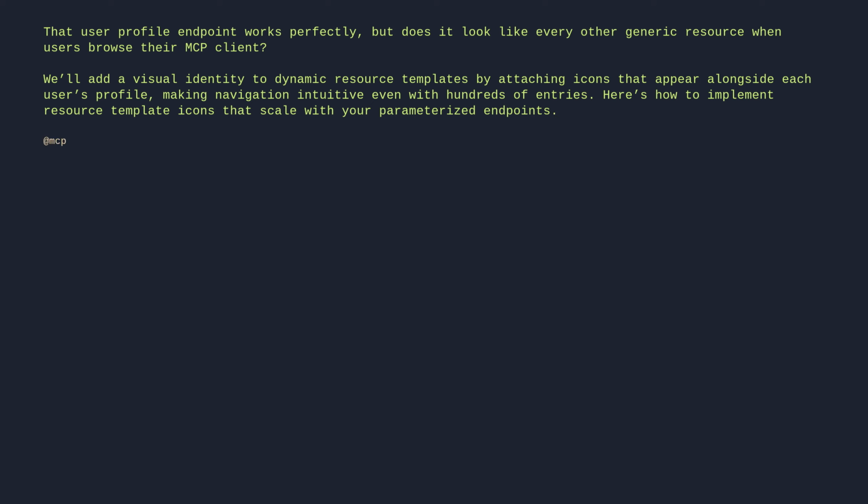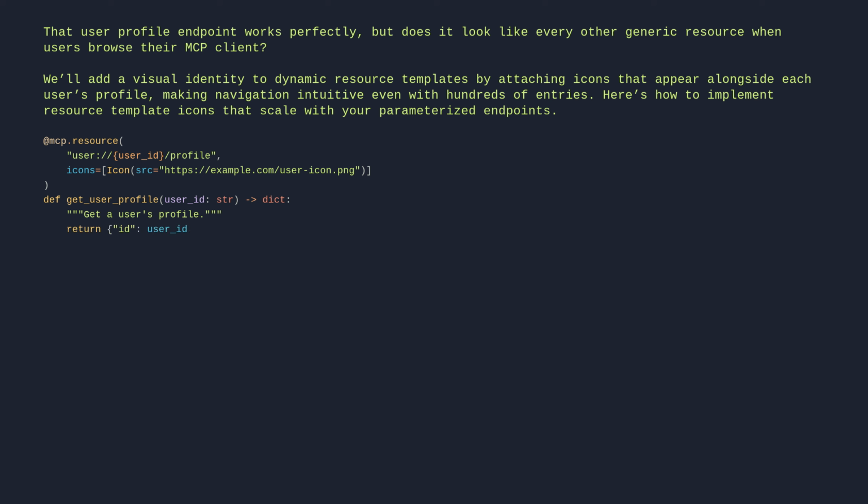@mcp.resource("user://{user_id}/profile", icons=[Icon(src="https://example.com/user-icon.png")]) def get_user_profile(user_id: str) -> dict: "Get a user's profile." return {"id": user_id, "name": f"User {user_id}"}